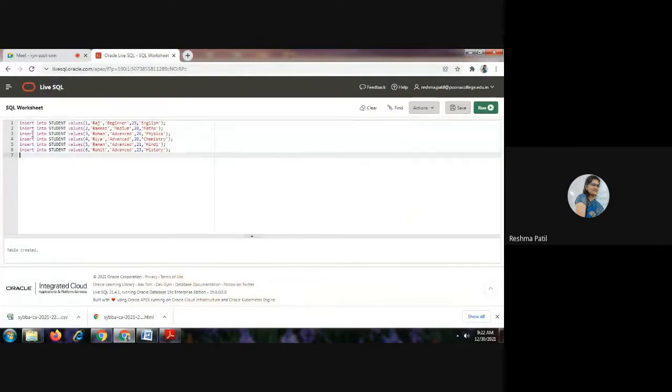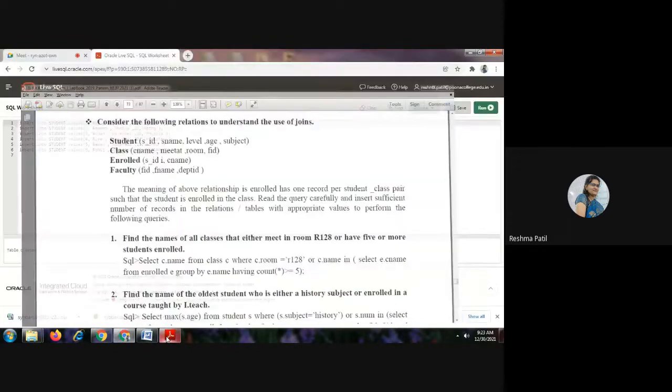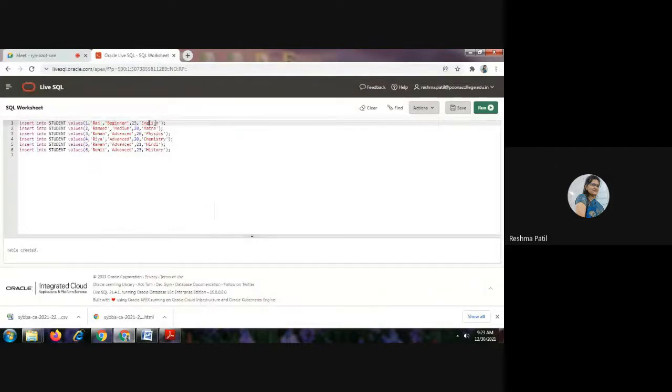Here I have inserted 6 records, 1 to 6 records I have inserted here. Name is Raj, level is beginner, age is 25, and last is, what is the last point? Subject. Subject is English.